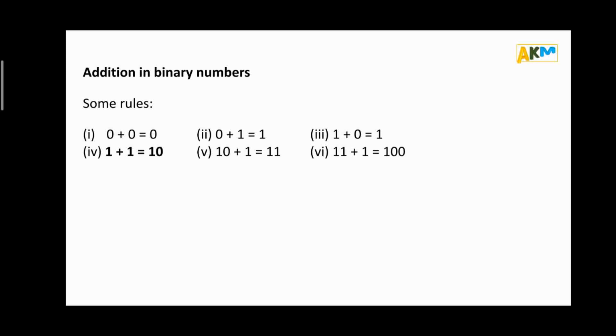So basically these rules we can verify ourselves, like for 1 plus 1 is equal to 10, how it arrived. First of all, these are all binary numbers, so we will convert them into decimal and add them in decimal, and again convert that result into binary. So 1 in binary is 1 in decimal. So 1 plus 1 is equal to 2 in decimal. So convert the 2 into binary. So the 2 will be 10 in binary. So 1 plus 1 is equal to 10. So likewise we can verify for ourselves all the other results.